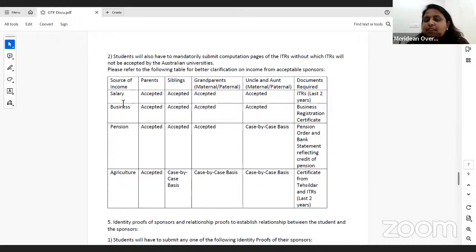अगर पेंशन है, so पेंशन में we can take pension of parents, siblings or grandparents. In that case, you have to show the pension account along with the statements. एग्रीकल्चर इनकम है, सो देखो एग्रीकल्चर इनकम इज वेरी डाइसी, सो पेरेंट्स की अप टू सम एक्सटेंट एक्सेप्टेबल है, बाकी सिबलिंग्स, ग्रैंड पेरेंट्स, अंकल आंट की दैट इज केस टू केस बेसिस। सो टू सपोर्ट योर एग्रीकल्चर इनकम 2 साल की आईटीआर अलॉन्ग विथ जे फॉर्म।